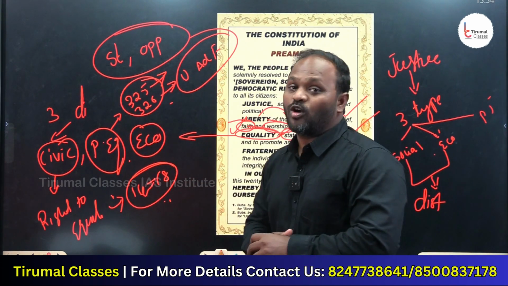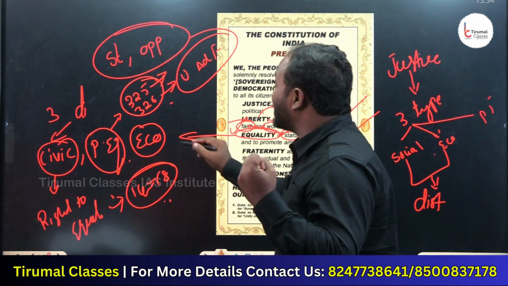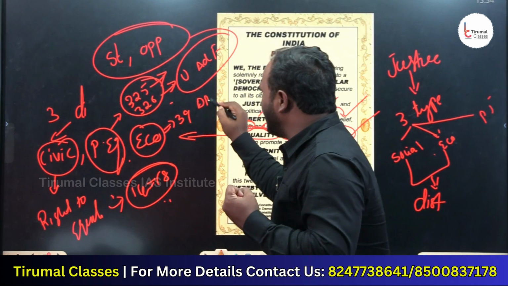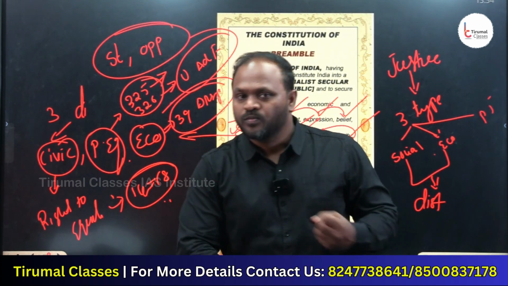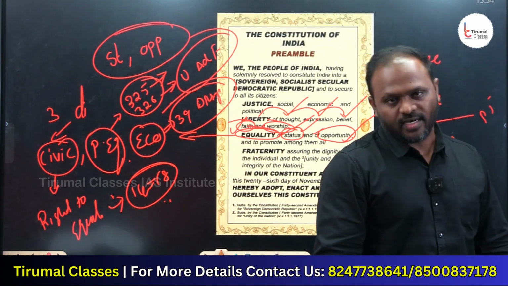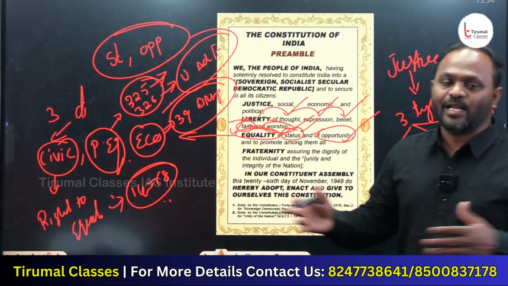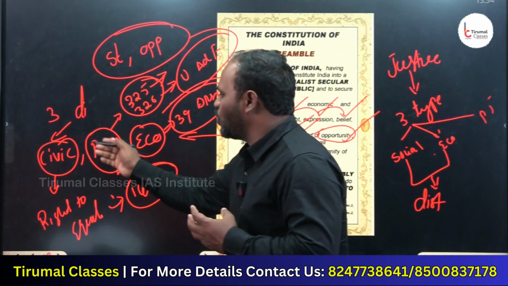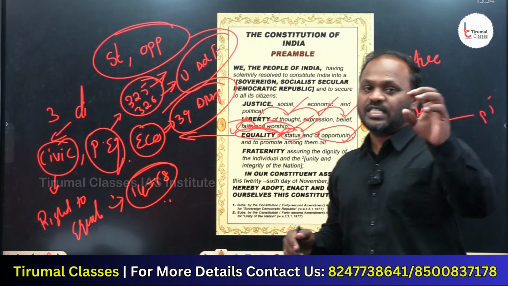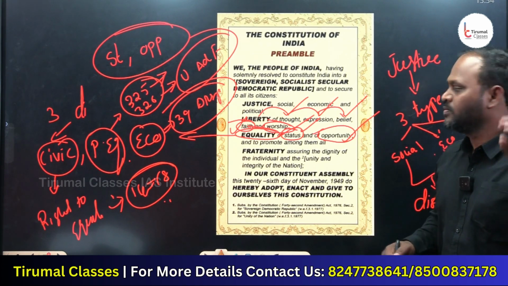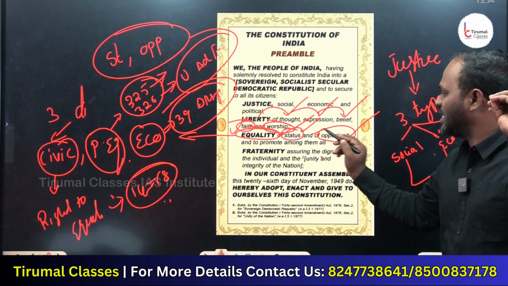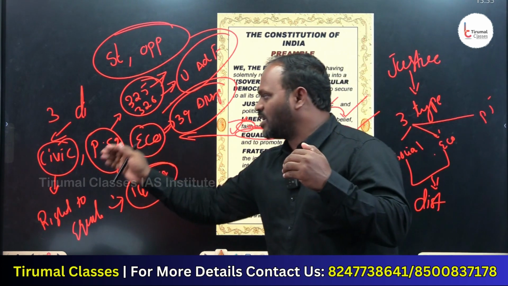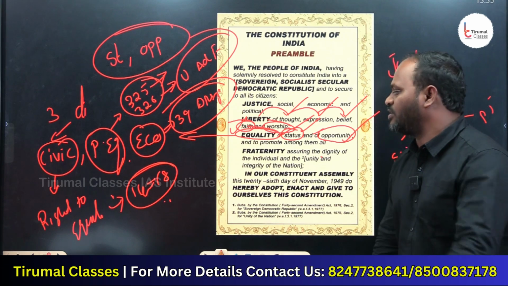Then what about economic equality? When I say economic equality, simply I can say Article 39 of DPSP. Simply I would say equal pay for equal work, or equal wages for equal work. That is the economic equality, political equality, and civic equality given by the Indian Constitution. So equality, we have equality of status and opportunity, and equality can be discussed in three dimensions, that is civic, political and economic equality. Clear everyone?